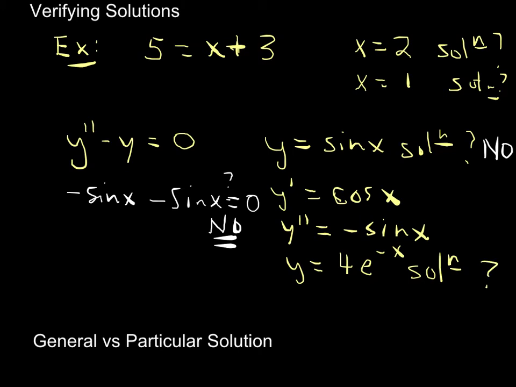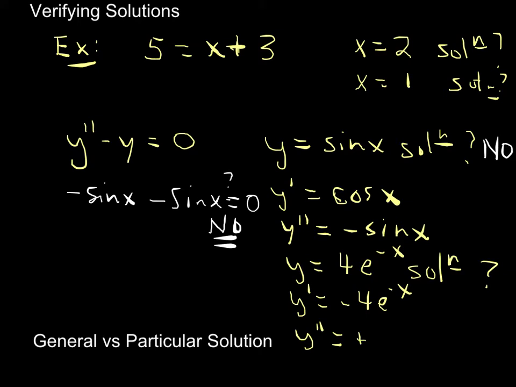Well, same deal. I'm going to have to go through and find my second derivative, just like before. So the first derivative is going to be minus 4e to the minus x, right? And the second derivative, okay, is going to be